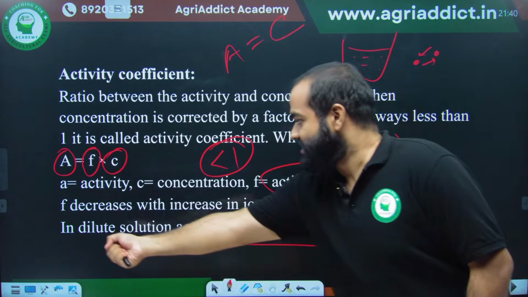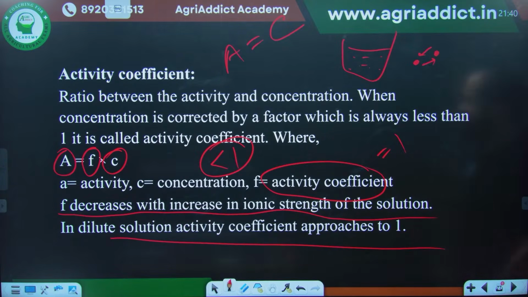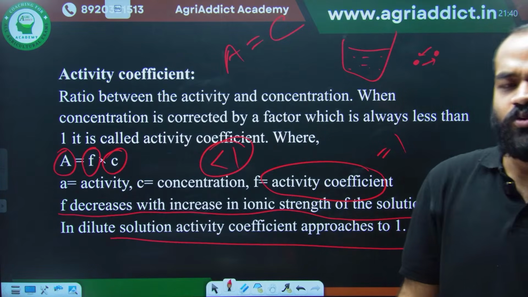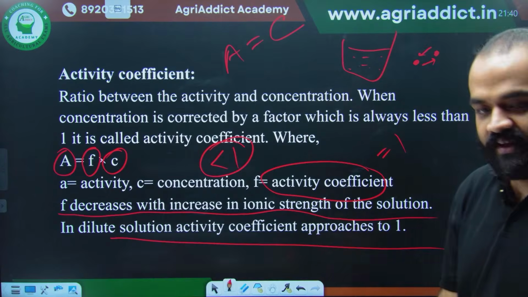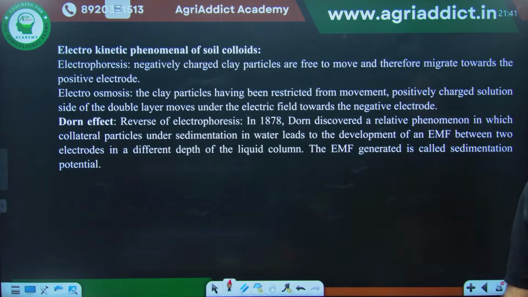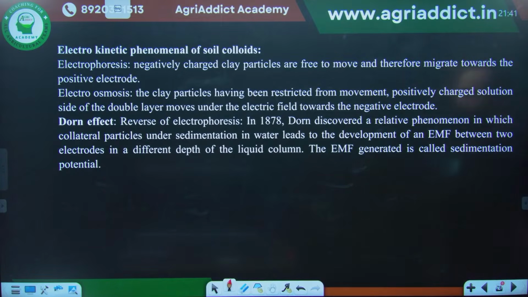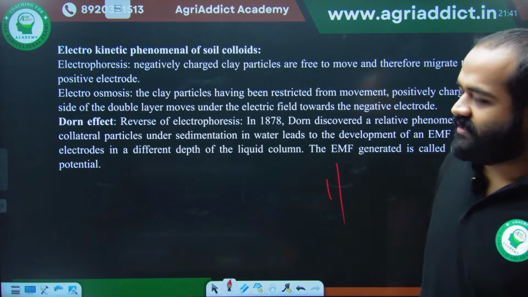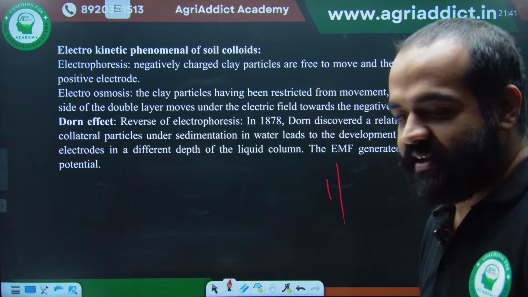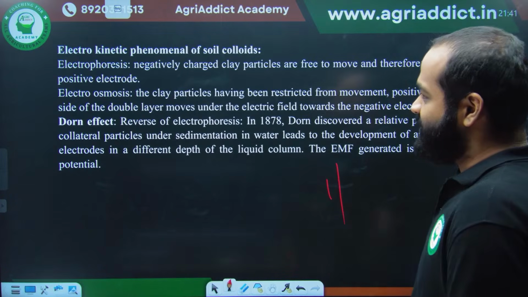Here also you can see a very important statement. F decreases with increase in ionic strength of the solution. जितना concentration बढ़ेगा उतना interaction बढ़ेगा एक दूसरे में, and that will be the reason why with the increase in ionic strength the activity coefficient will decrease, right? These are also not that important for JRF, but still I have taken it. पता नहीं आ जाए कि नहीं आ जाए, you never know. They might simply ask